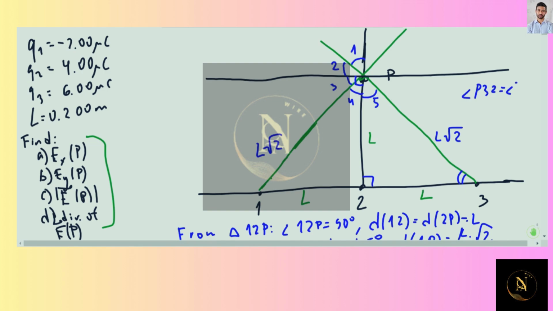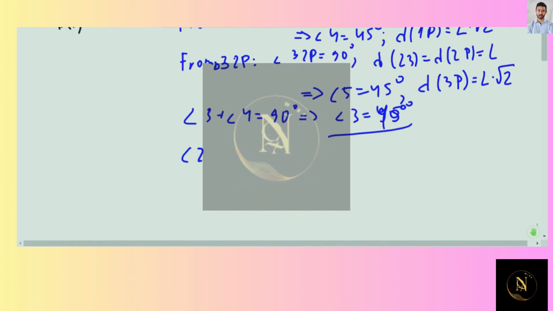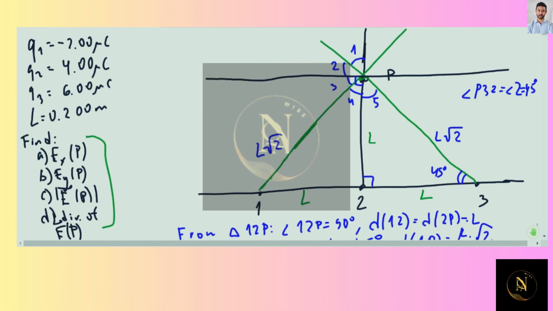So it equals 2. And from the triangle P 3 2, this angle is 45 degrees. So it means that angle 2 is 45 degrees. So angle 2 equals 45 degrees, and angle 1 equals 90 minus angle 2,